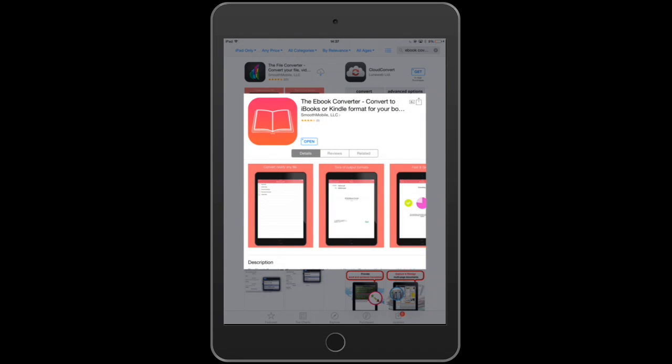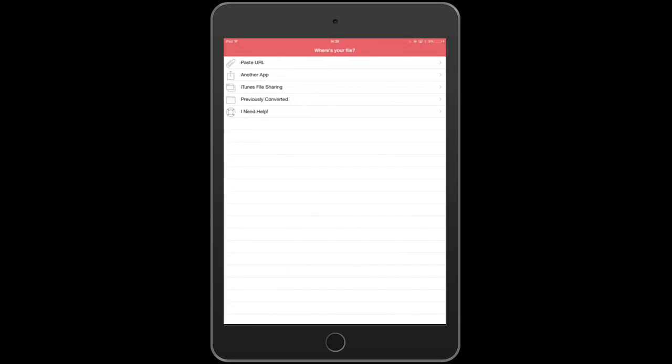So when I press on it, I can buy it, and then as soon as I've downloaded it, I can then press open. And I can do one or two things. I can either paste the URL of a PDF or document that I want to convert, or I can open up another app. But we're going to go and locate the PDF that we want on the Learning